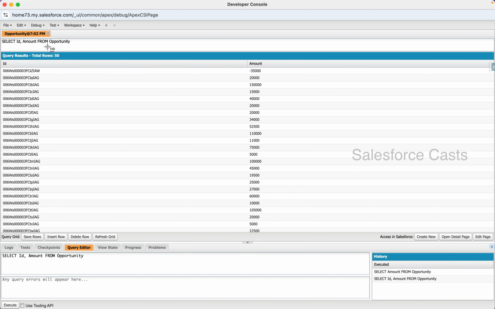As of now, I only have one record whose amount is minus 35,000 bucks. I'm going to change this and say minus 50,000 bucks. Let me save the record. And now I'm going to say select fields from opportunity where amount is less than whatever is the currency that